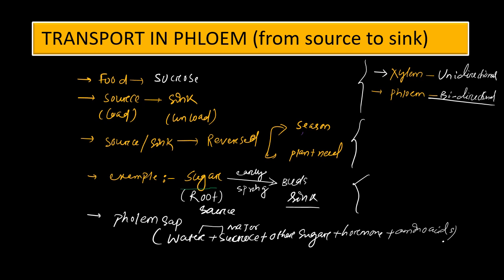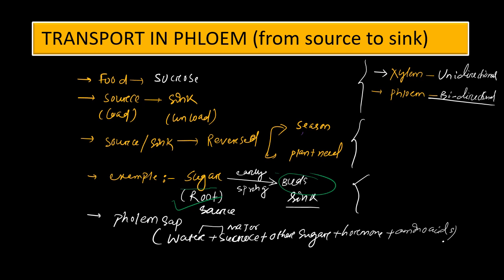This sugar molecule is transported to the buds, but it is not from this leaf. It is from the root. This means the root acts as a source, whereas usually the leaf acts as a source, because during photosynthesis food is produced in the leaf and transferred to other parts of the plant. But here the condition is different. Here sugar is stored in the root and transported to other parts. This is one example of early spring, where sugar is transported to the bud cells, which act as a